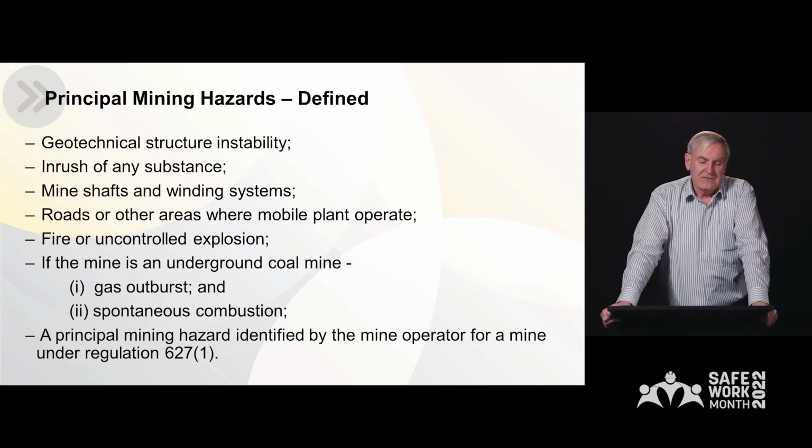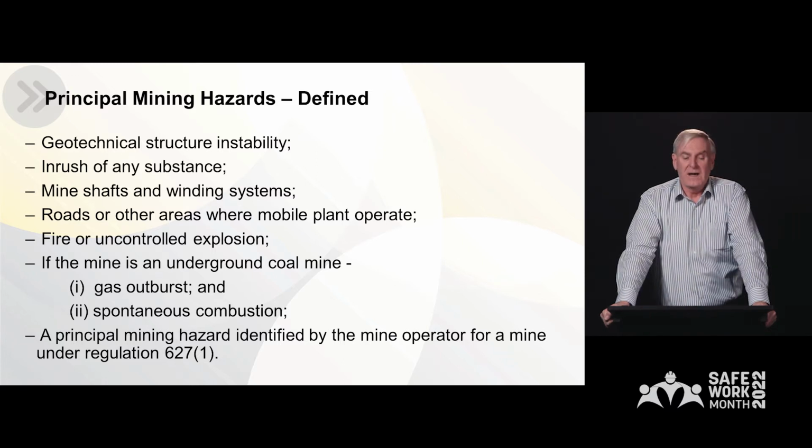Under Regulation 627, the identification of principal mining hazards and the conduct of risk assessments, the mine operator has an obligation to identify all principal mining hazards associated with the operation of the mine. To do this, the mine operator must consider exposure to and contact with toxic chemicals, materials and carcinogens such as arsenic, sodium cyanide, lead, nickel, cobalt, hydrogen sulfide or acid. And physical hazards such as flammable materials, heat, pressure piping, rotating equipment and potential for entrapment, mobile equipment and vehicle